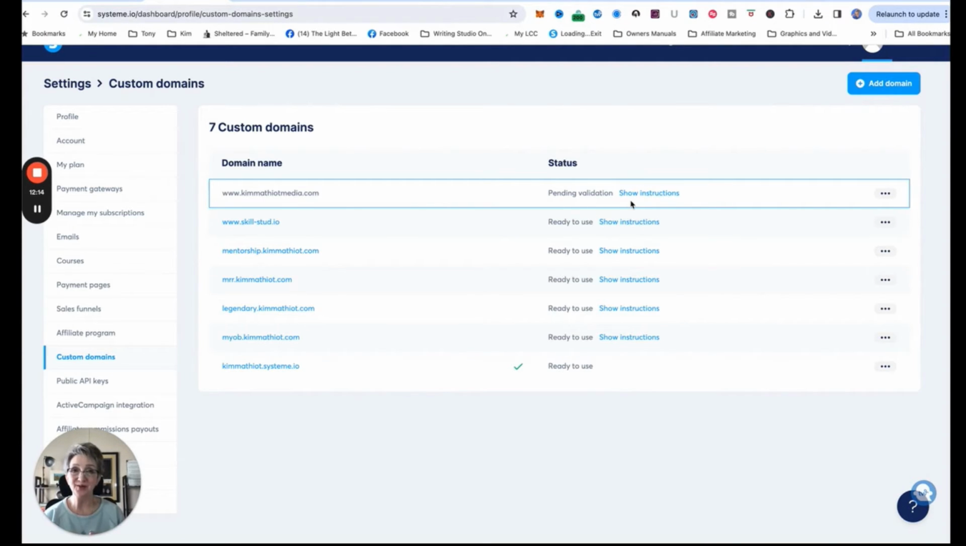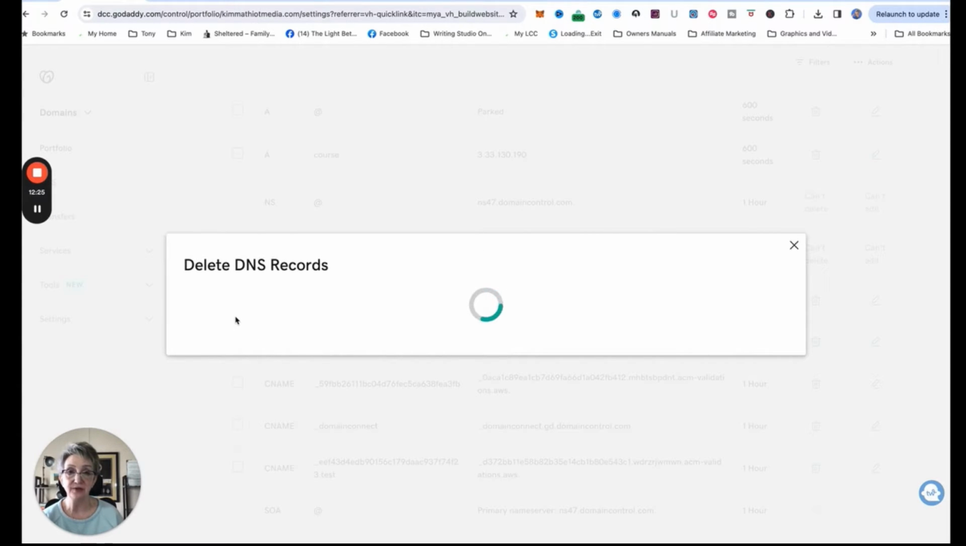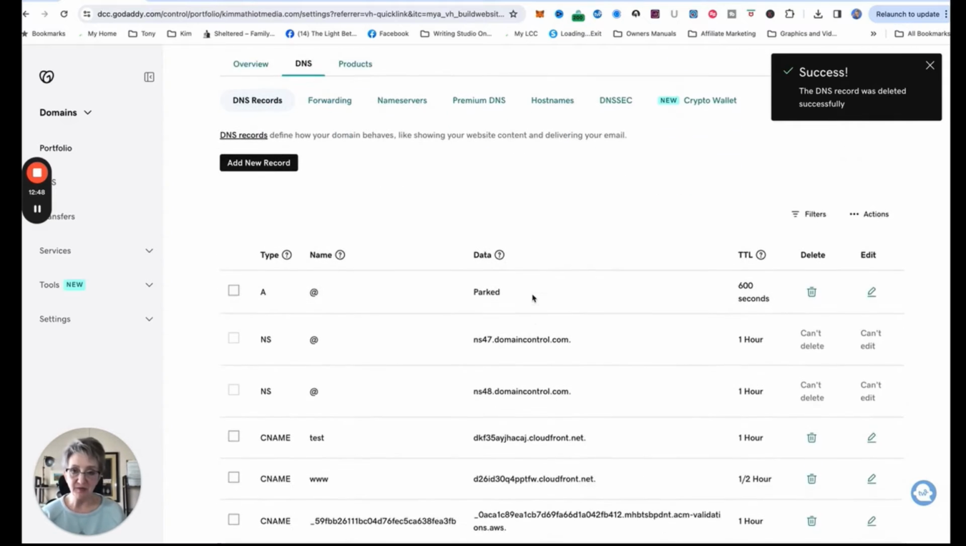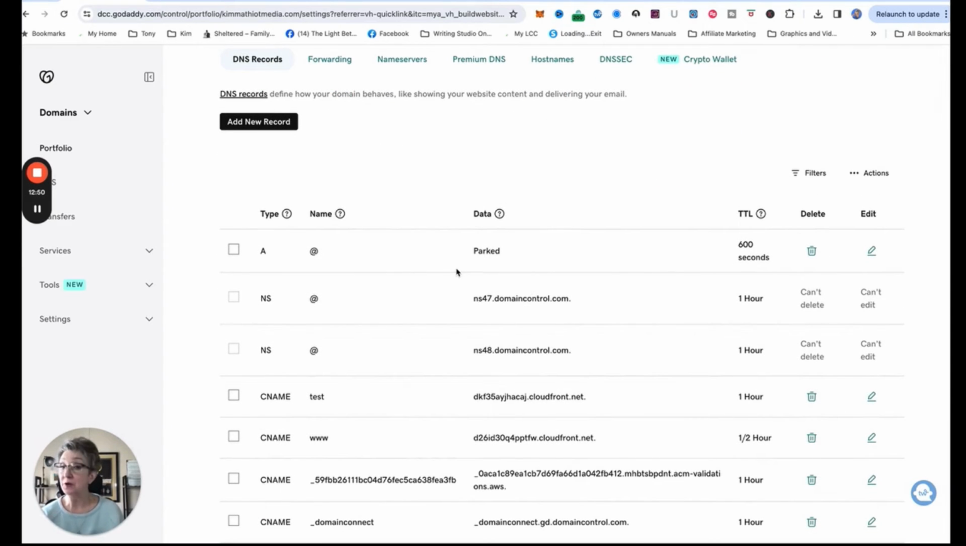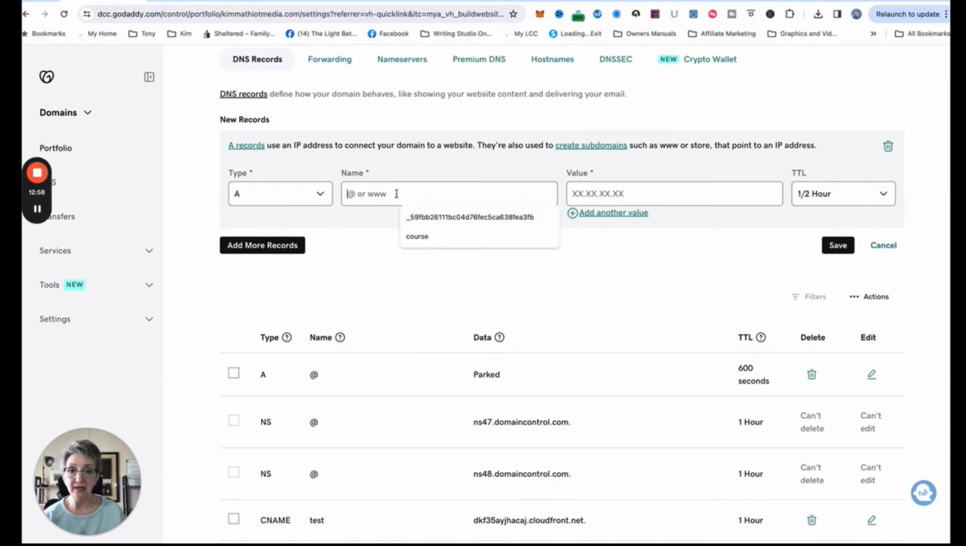So we're going to create a subdomain now. So let's go back to GoDaddy and let's create a new one. And actually, I'm going to delete this one because I already created it. So now I'm going to create a subdomain. The way to create a subdomain is that we're going to add a new record and we're going to add an A record. So I'm going to choose A,